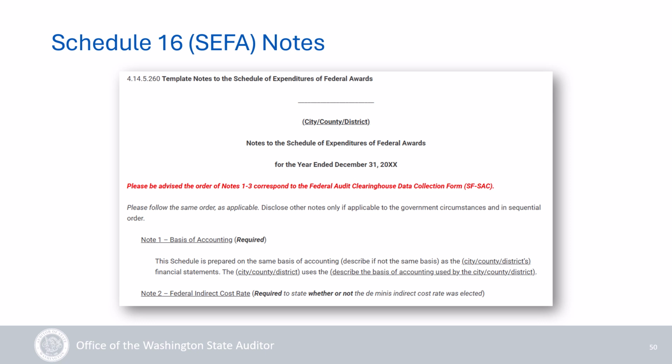Here's a snippet of what you'll see once you are in the Schedule 16 instructions. You'll find the information you need to copy into a clean Word document. This helps ensure you are using the most up-to-date note disclosures, and remember, only use what is required and applies